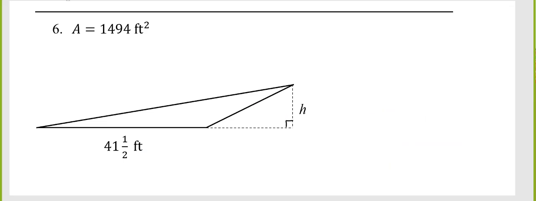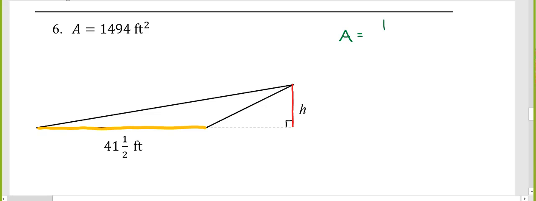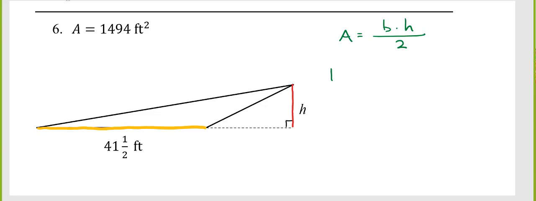Last one. If I give you the area is 1,494 square feet, and you know that the base is 41.5 feet, can you find the height? Start out with your formula. A equals base times height divided by 2. Your area, 1,494, equals,